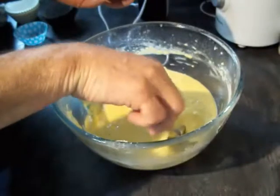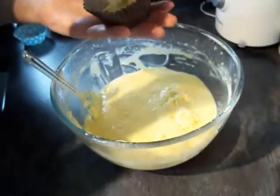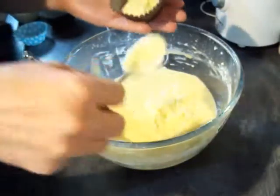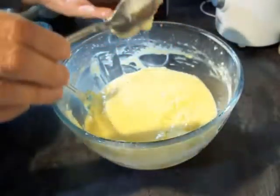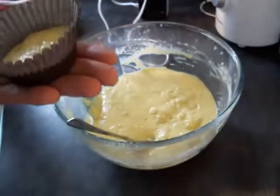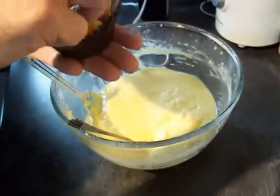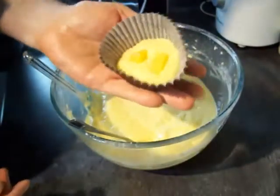With your mixture all mixed, time to get a tablespoon. Go into your muffin case. Don't overfill them, otherwise it'll squash them out and come over the top. And then, just to finish it off, just put a couple of pieces of pineapple, and that's ready for the